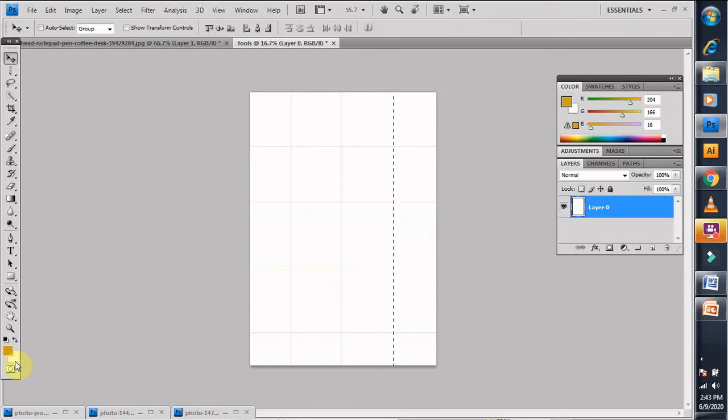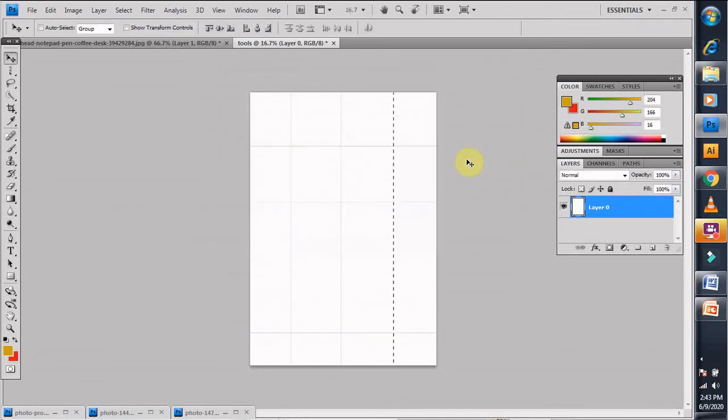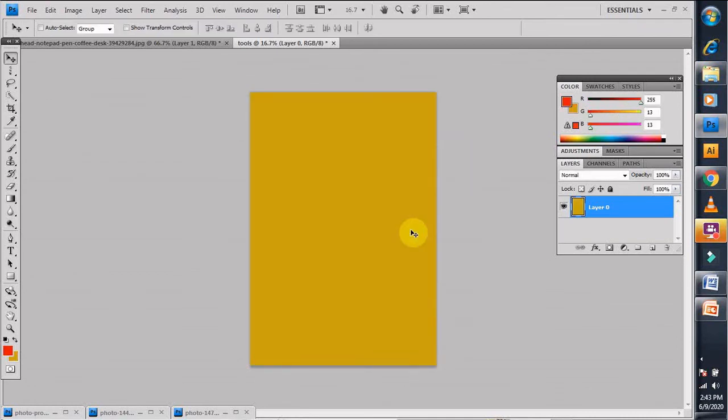And in case I want to use the background color, I can do that also. I'll choose a color, and Alt Backspace is for filling the foreground color and Control Backspace is for the background color. See, the background color gets filled, and my rows and columns vanish because I have filled the whole area. So you can do it before making your rows and columns, because after that you're unable to see the rows and columns you have made.